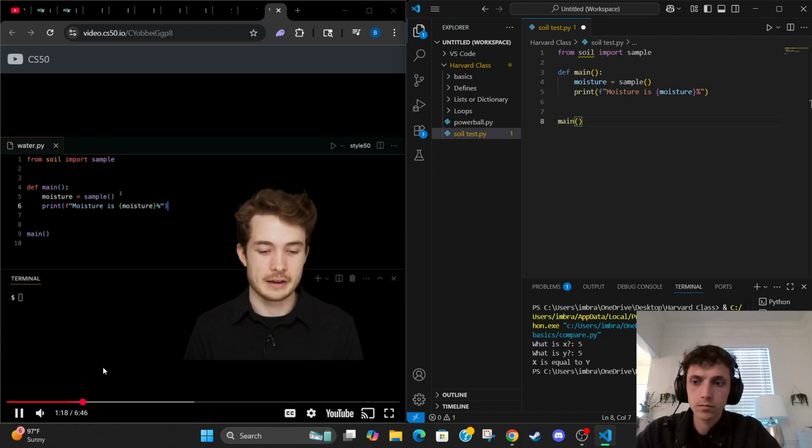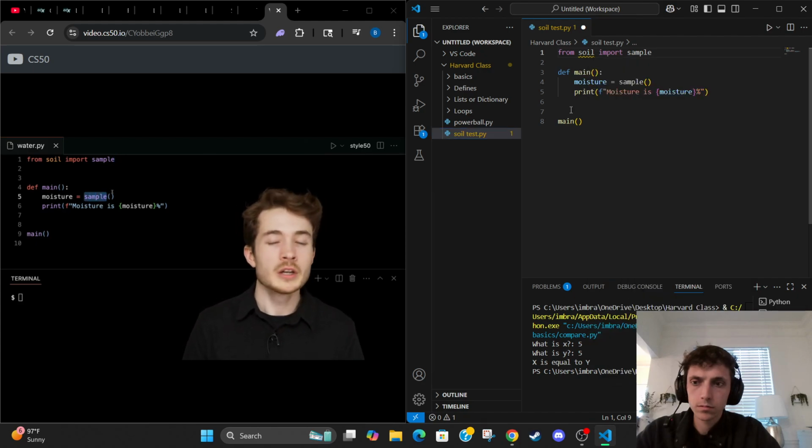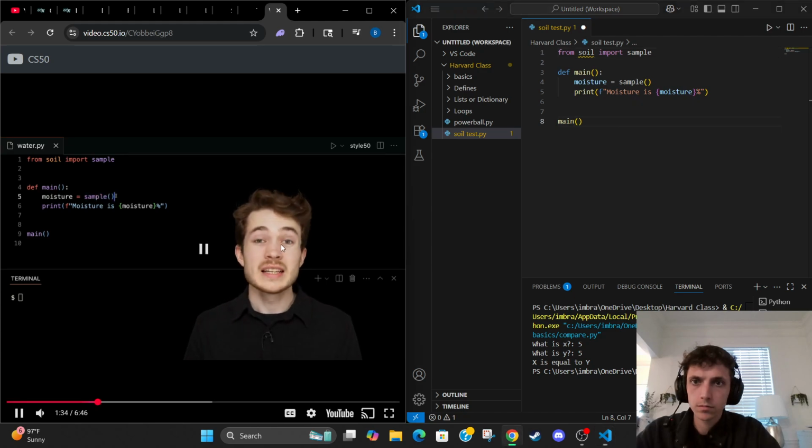So here I have a program called water.py, and this program uses a function called sample that I've written elsewhere, but I'm going to just import it and use it in this program. No need to worry about how that's implemented in this case. The purpose of sample is really to just